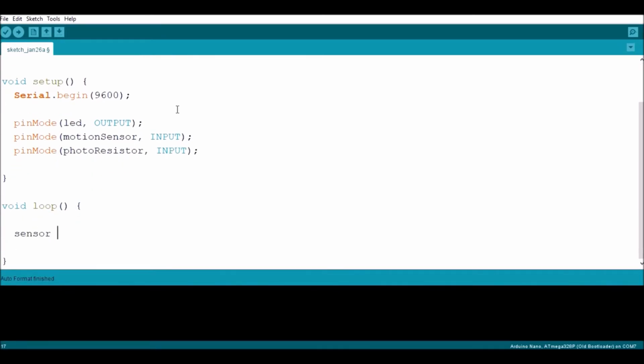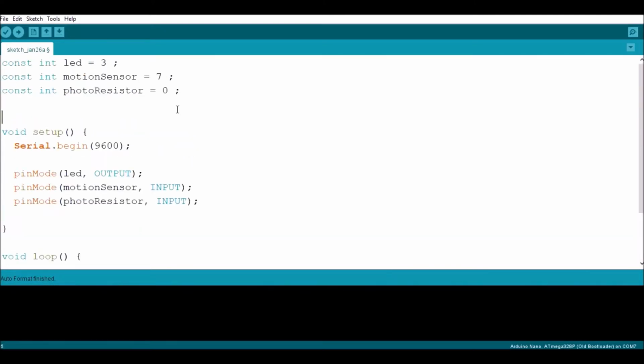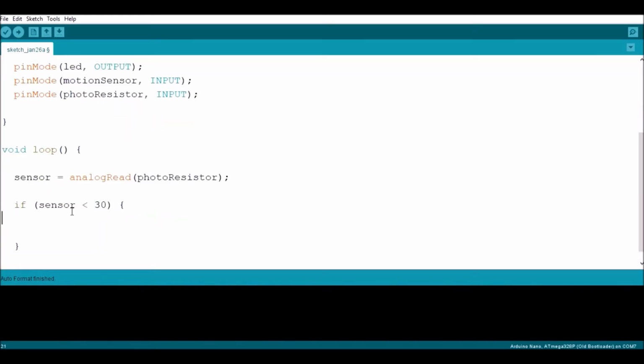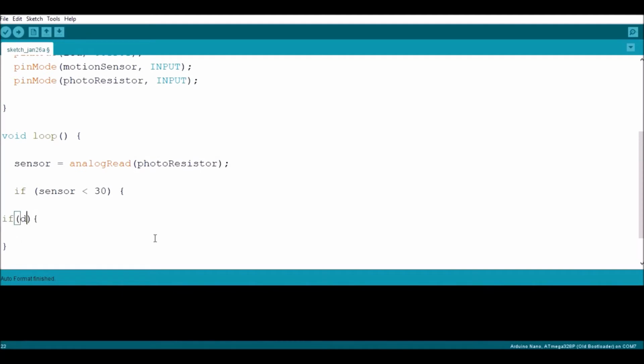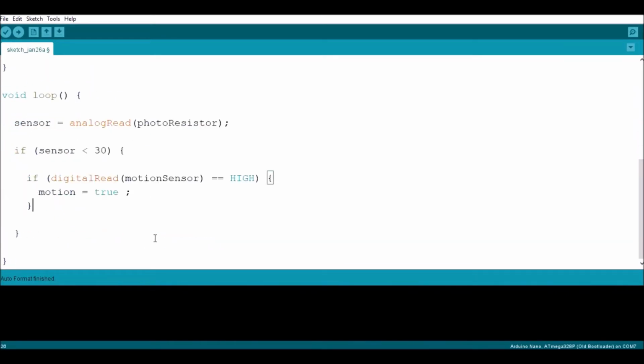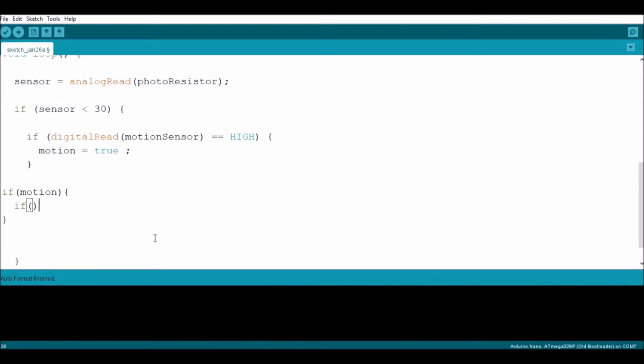In the loop section, I'm going to declare a new integer variable called sensor to take the analog read from the photoresistor. Next thing, I'm going to check if it is nighttime. So if the sensor is less than 30, that means that we are at nighttime. Next thing, I'm going to check if we can detect any motion, creating a new boolean called motion. So if motion is true, next thing I'm going to check if the LED is on or off,